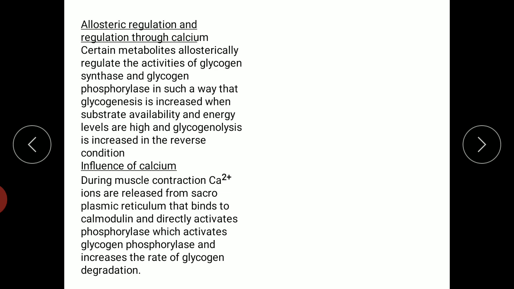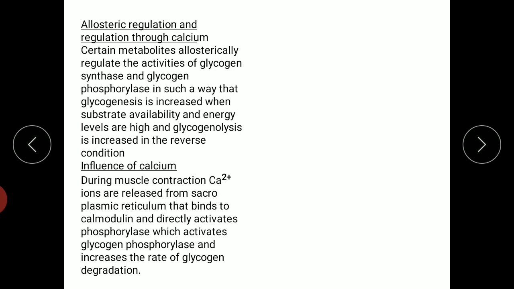Influence of calcium. During muscle contraction, calcium 2 plus ions are released from the sarcoplasmic reticulum. This will bind to calmodulin protein and it will directly activate glycogen phosphorylase enzyme. This will increase the rate of